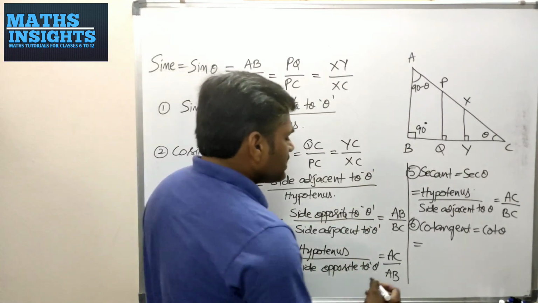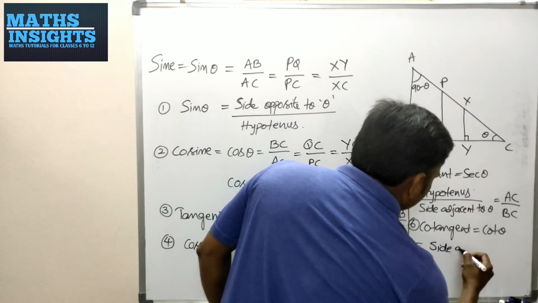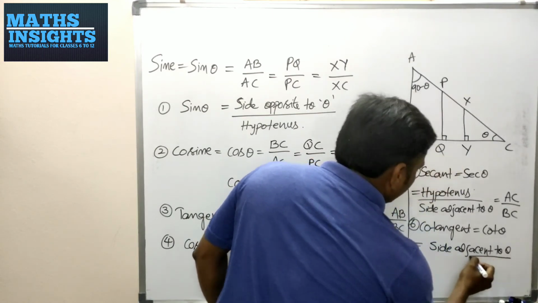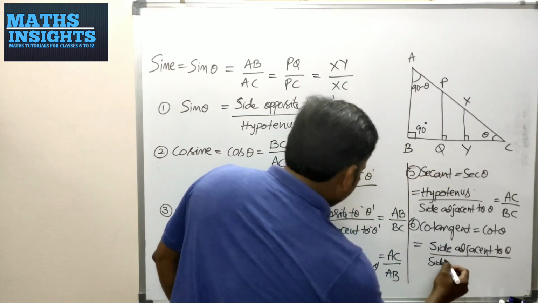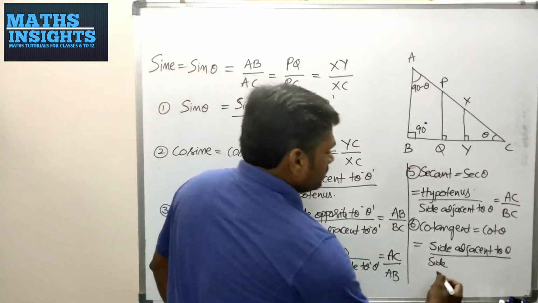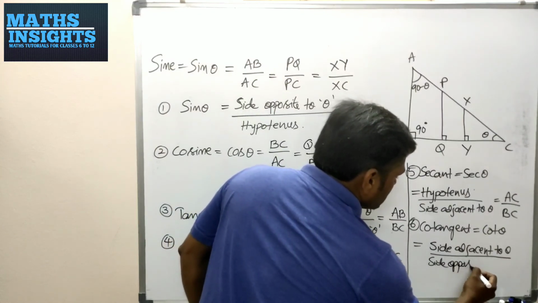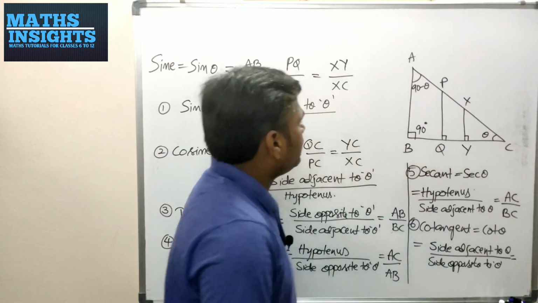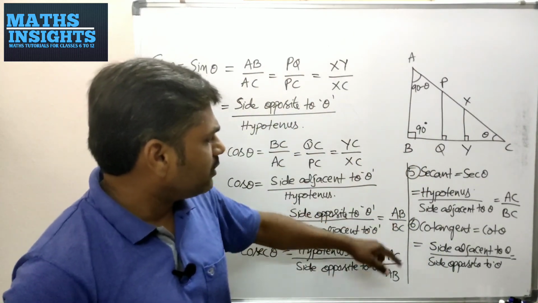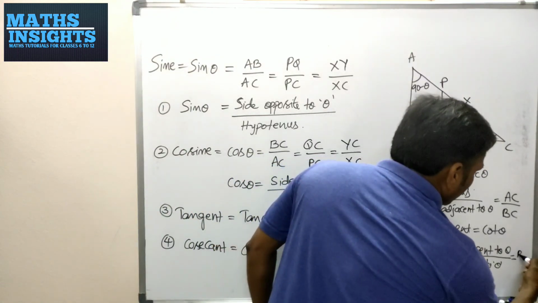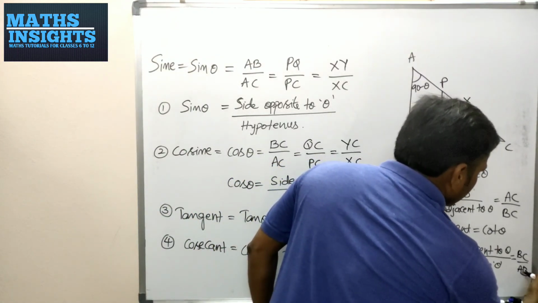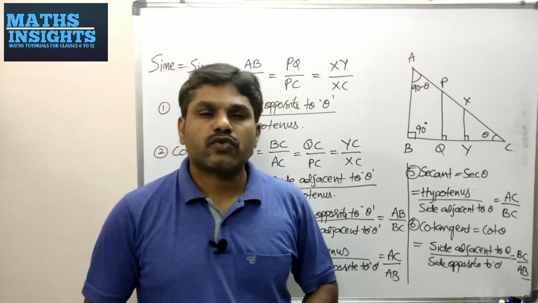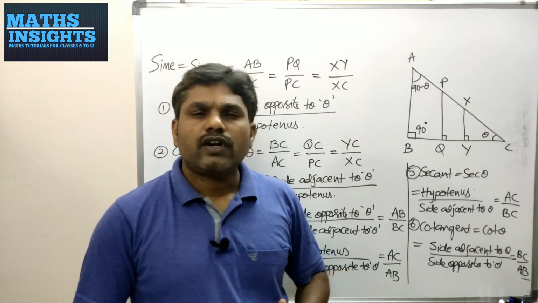Therefore, it will become the side adjacent to theta by the side opposite to theta. So if you consider the triangle ABC, then it will become BC by AB. In this way, you will define these 6 trigonometric ratios, which are very important to solve different